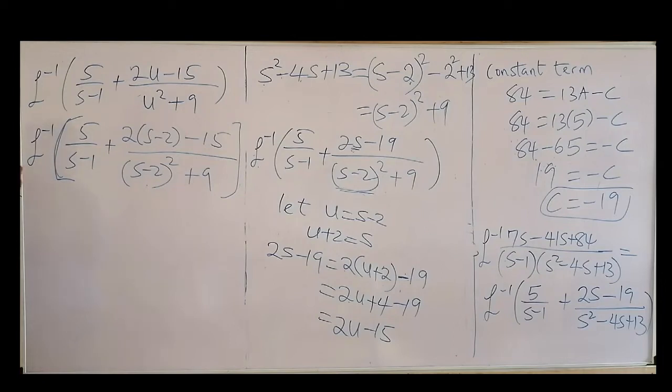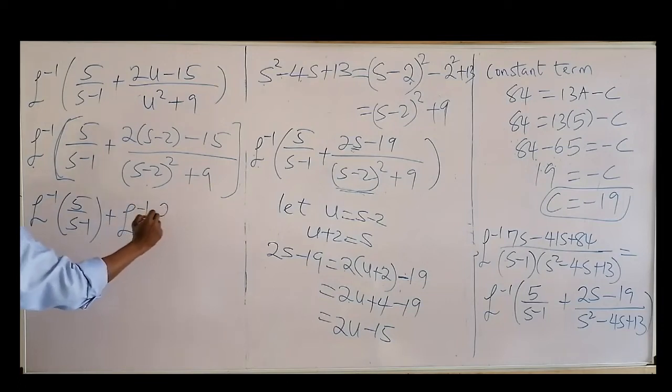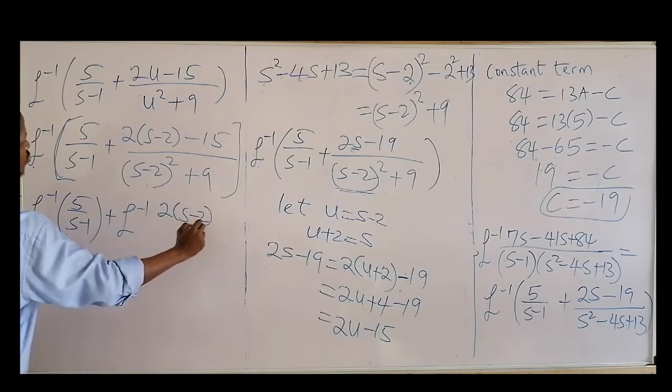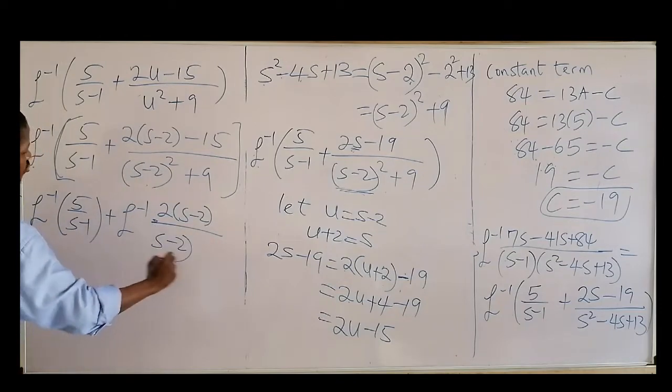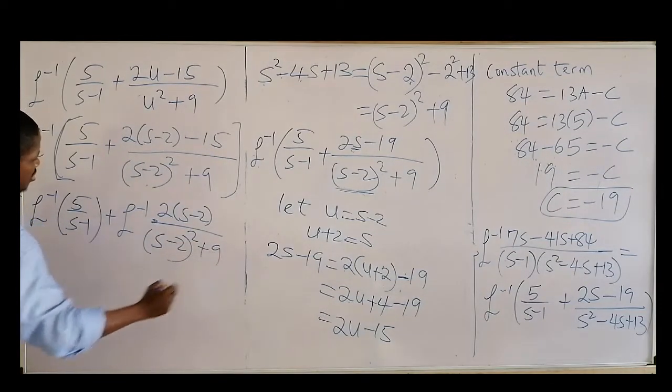Then the inverse Laplace of a sum of functions will be the inverse of each of those functions. Then plus the inverse Laplace of 2 into bracket (x minus 2) all over (x minus 2) squared plus 9,